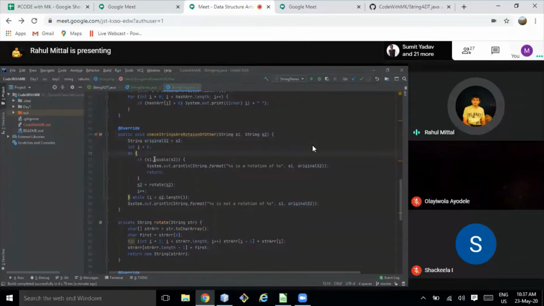I first check whether both the strings are equal. If they are equal, I'll just print the message and return. Otherwise, I'll rotate the S2 string and then increment the counter. I'll do this until i is equal to S2 length.